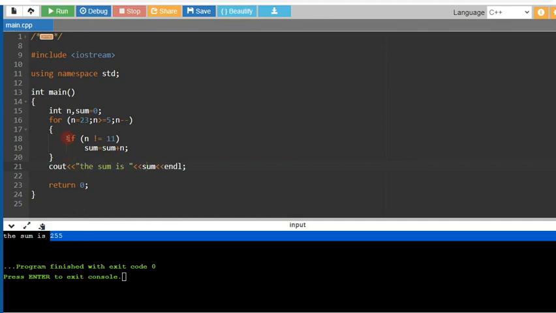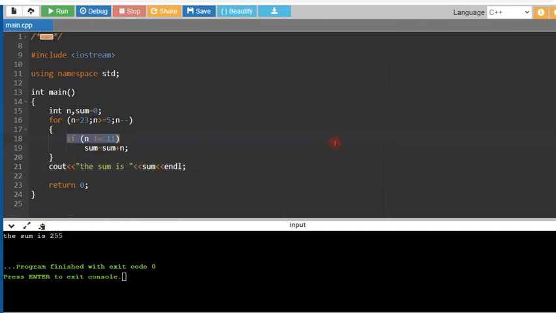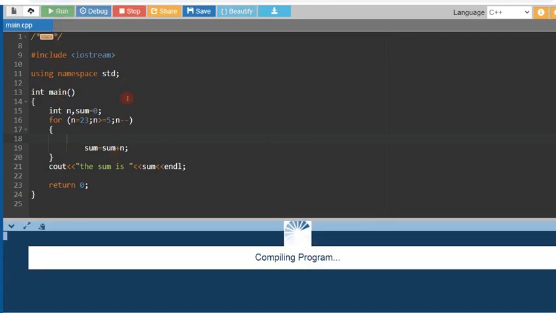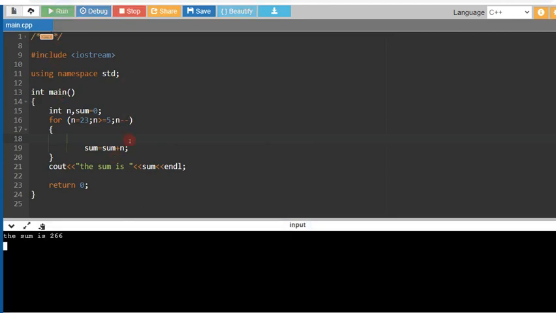Suppose, students, you say let's include 11 and check how much comes. So I am removing this line from here. Now check what the answer will be. The answer should be 266, because 11 is getting added. Let's check what answer you are getting. Yes, the answer is 266. Now I hope all of you understood how much comes if we exclude 11, and how much we get including 11.